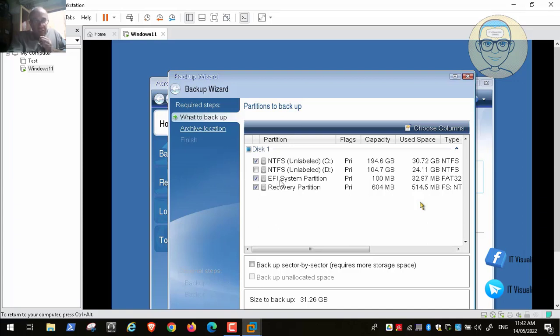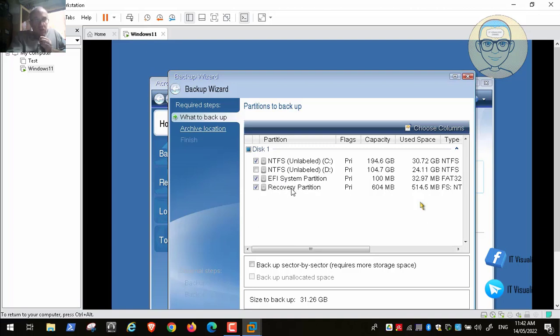So if this partition is deleted, you will not be able to access your Windows 11. So this partition contains important files to boot Windows, okay? If you don't have this partition, you will not be able to boot and access Windows. So this is a very important partition. And we have another partition called the recovery partition. This is a customizable partition. You can insert in it, for example, an image. And if your Windows 11 is corrupted or is not working, you can recover the system from an image within